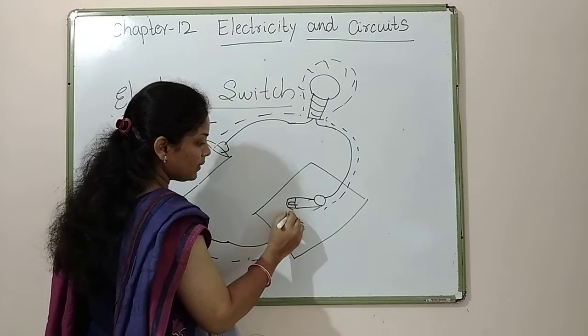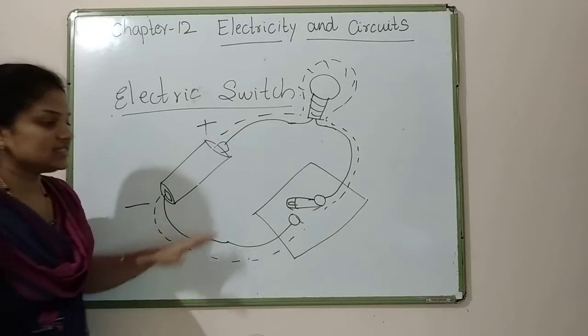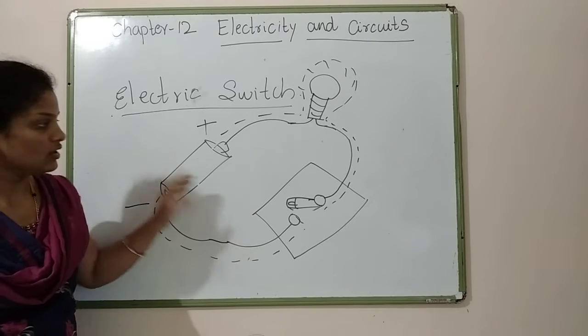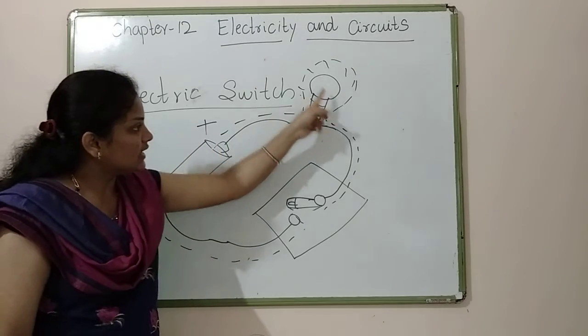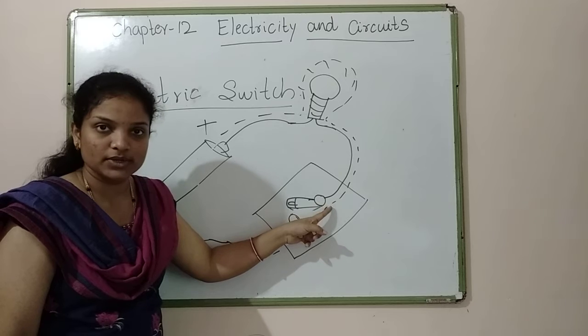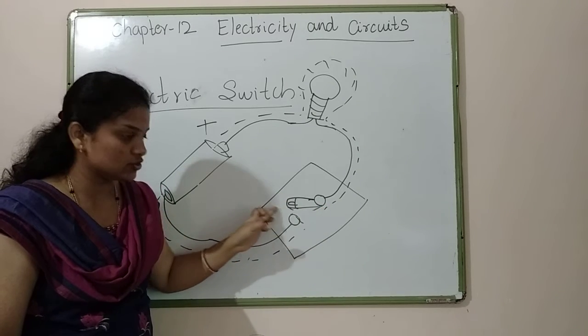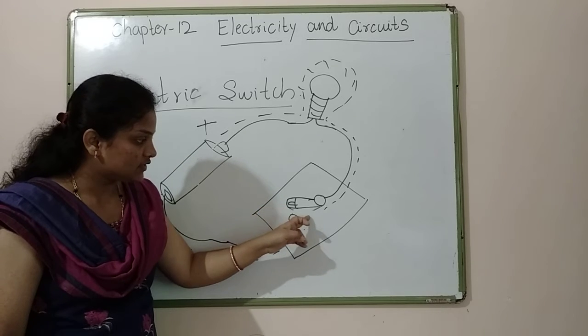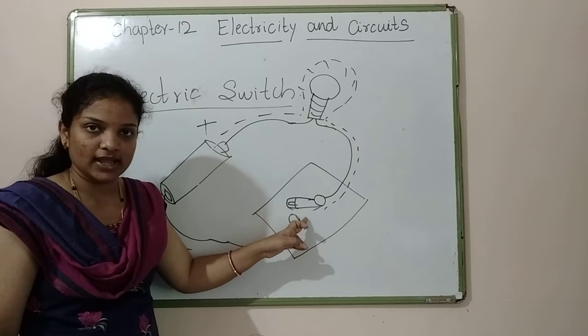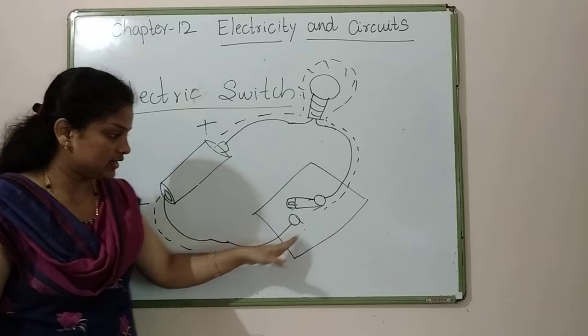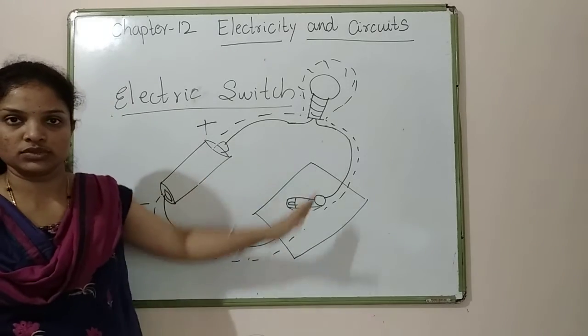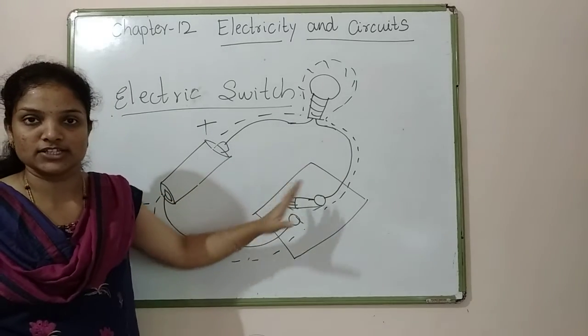So if you remove the pin from this terminal, does the energy flow? Does it flow from this to this? It comes till here. This energy comes till here, and since the breakage is there, this is the breakage of the flow. So it is a breakage of the circuit. This is the break and it stops here itself and doesn't continuously flow through the circuit. In this case the bulb doesn't glow.